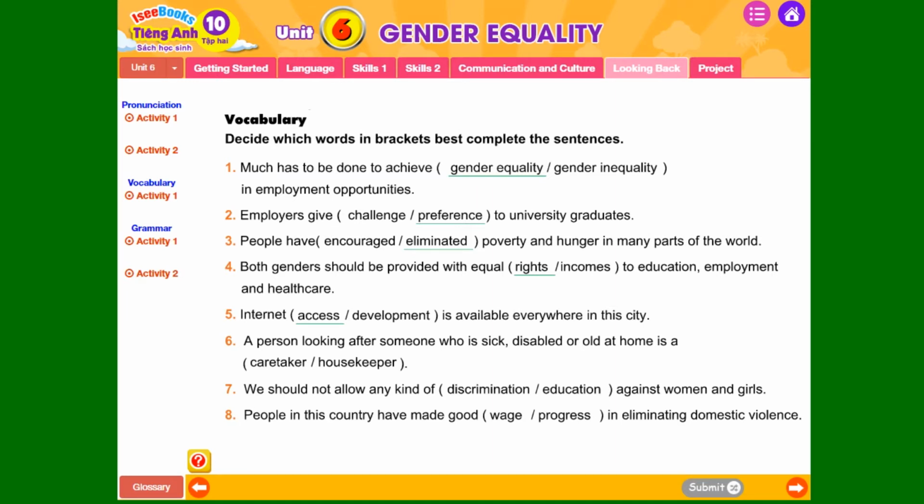So number 6 is caretaker. Number 7. We should not allow any kind of discrimination or education against women and girls. So number 7 is discrimination. Number 8. People in this country have made good wage or progress in eliminating domestic violence. So we have progress. Now press on the submit button.